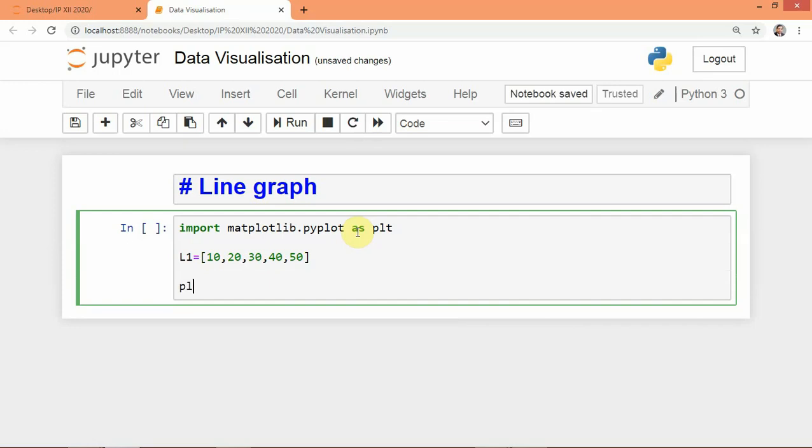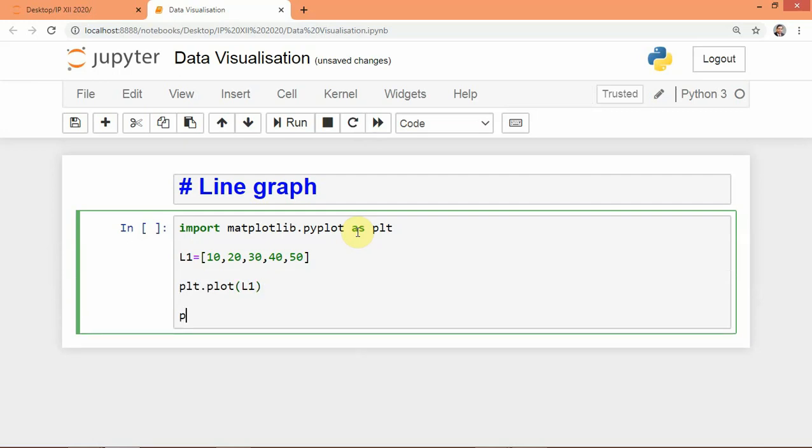and we will write plt dot plot, and if we write L1 and then we write plt dot show, here we used plt dot plot.